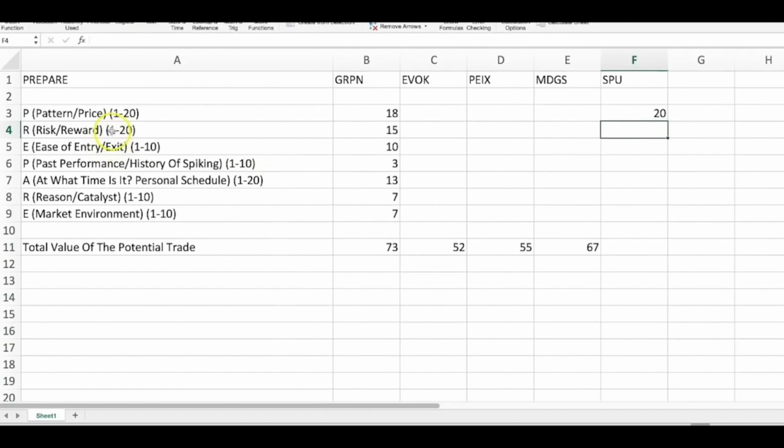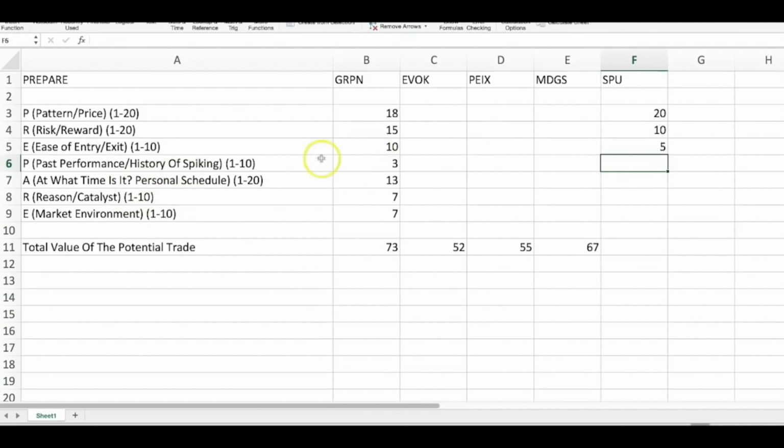Risk reward, I'm not going to say it's a perfect risk reward because I could have been still buying into a top. So I'm going to put that at roughly 10, right in the middle, because if it's a breakout, that's nice. If not, then I'm wrong. Ease of entry and exit, I can't give this on a scale of 1 to 10 a 10 because first it's volatile, but secondly, the spread is crazy. So I couldn't even take the full profit that I wanted. So I'm going to give this a 5, the midpoint.